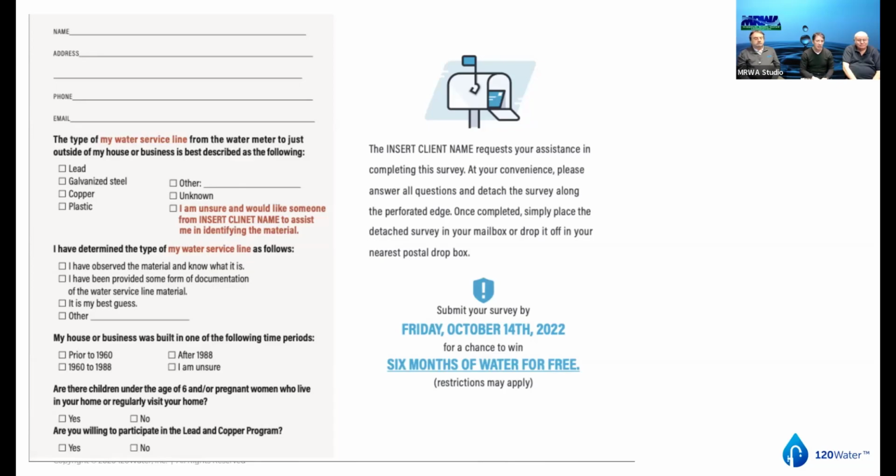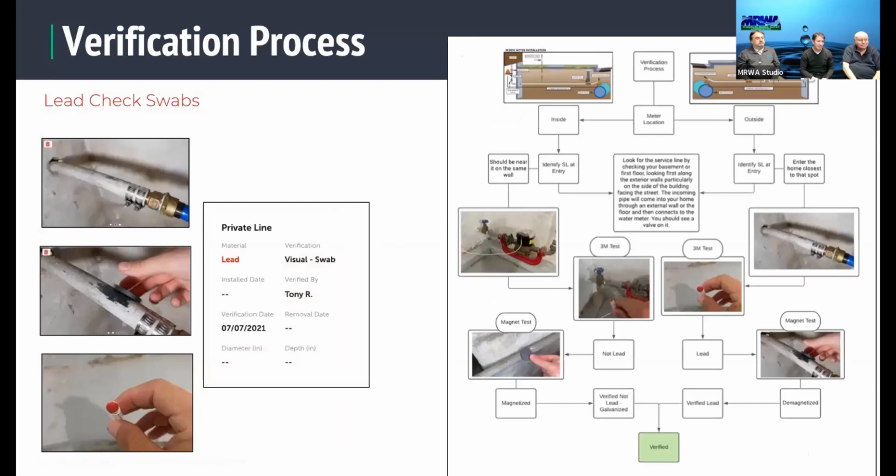And again, this is getting back to the actual tests with the kits, with the markers. It's a pretty cool system. They're actually fairly expensive. So we suggest that depending on the number of connections, the number of people that you have, and nobody's hiring 3 more people to go out and do this, that you equip your folks with these kits so that they can do it with the homeowner and they do understand what's going on.